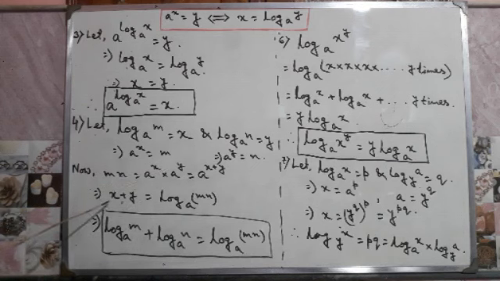Okay. Now what was x? That is log m to the base a. And what was y? That is log n to the base a. So putting the value of x and y we get log m to the base a plus log n to the base a, that is equal to log mn to the base a. And similarly you can prove the next property, that is log m by n to the base a, that is equal to log m to the base a minus log n to the base a.